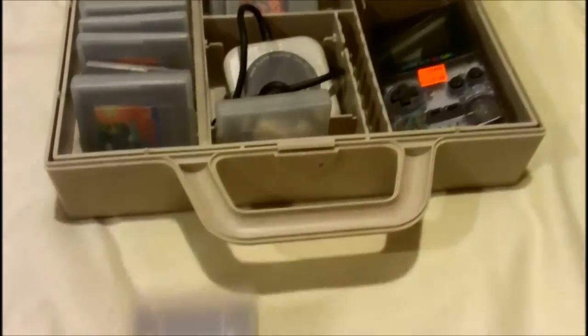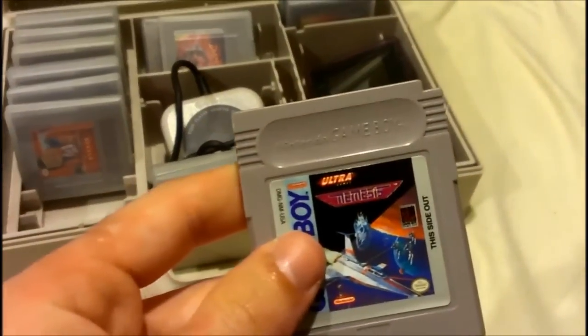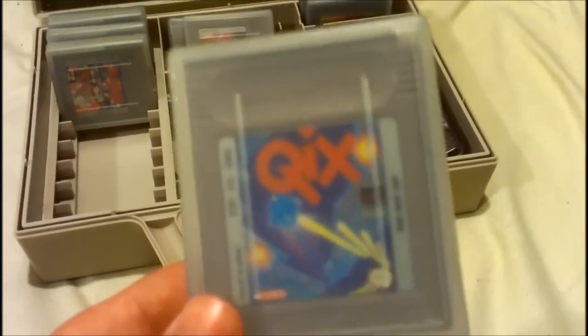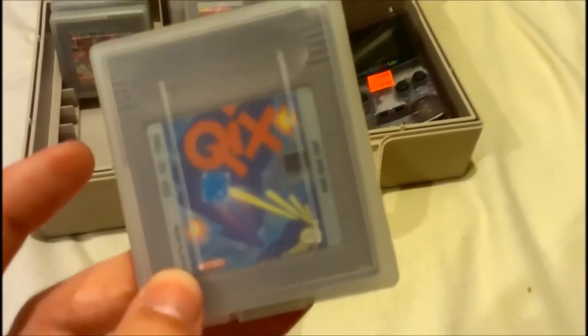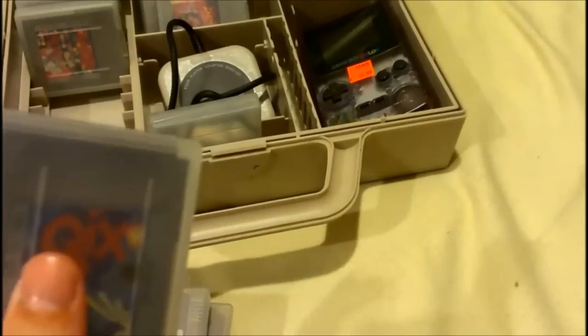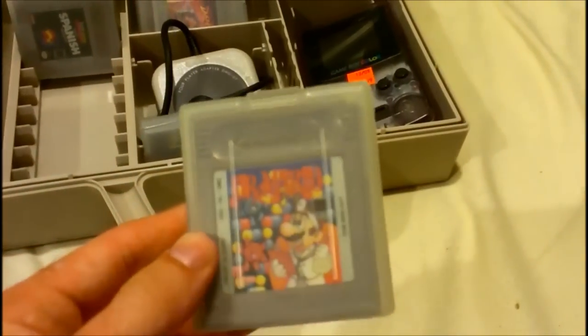I got a Golf, Formula 1 race or F1 race, Nemesis, Boxel, Motocross Maniacs, Quicks or Kicks. I picked up this game on the NES about a month ago at the swap meet. It's a pretty fun game. I would recommend it. It's one of the more uncommon titles on the NES, but it's pretty fun. Dr. Mario,